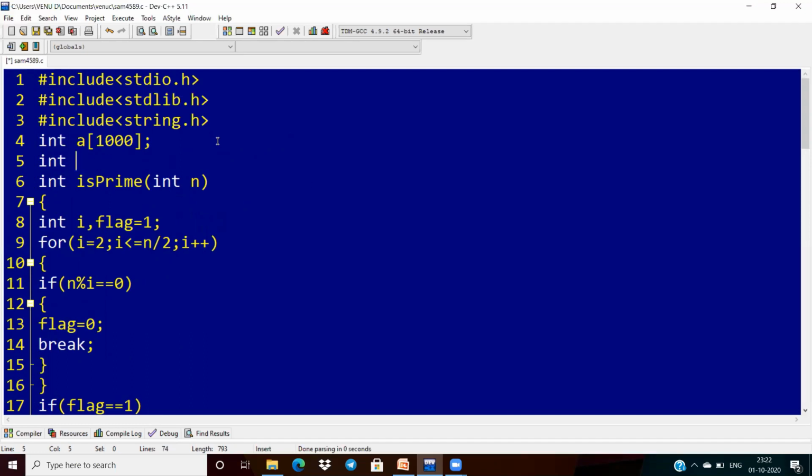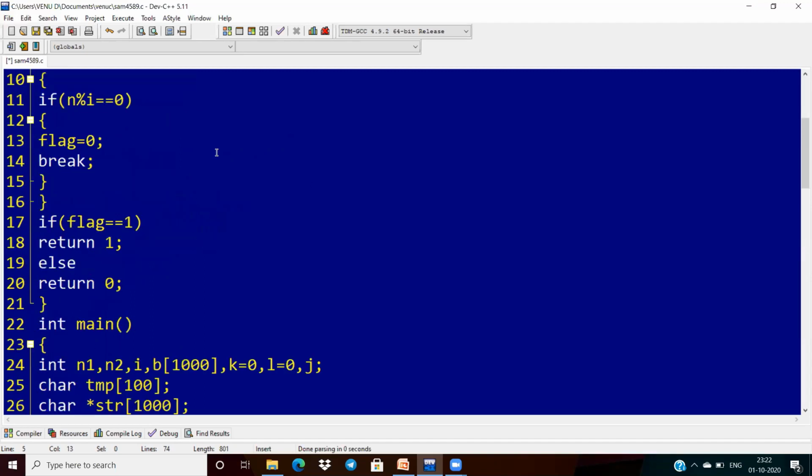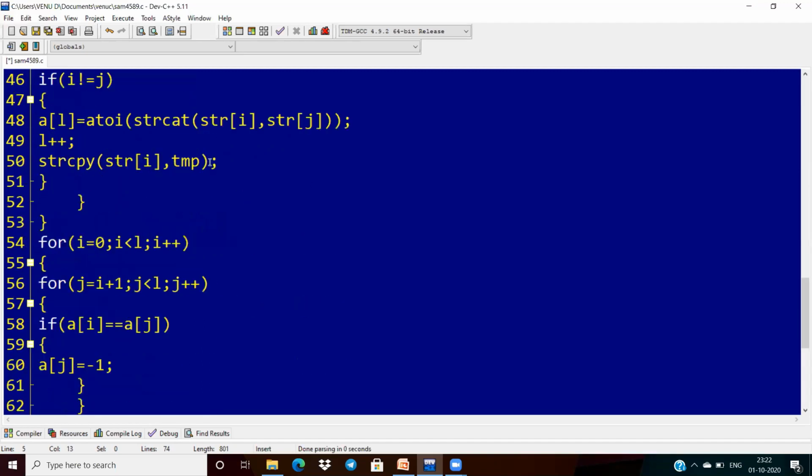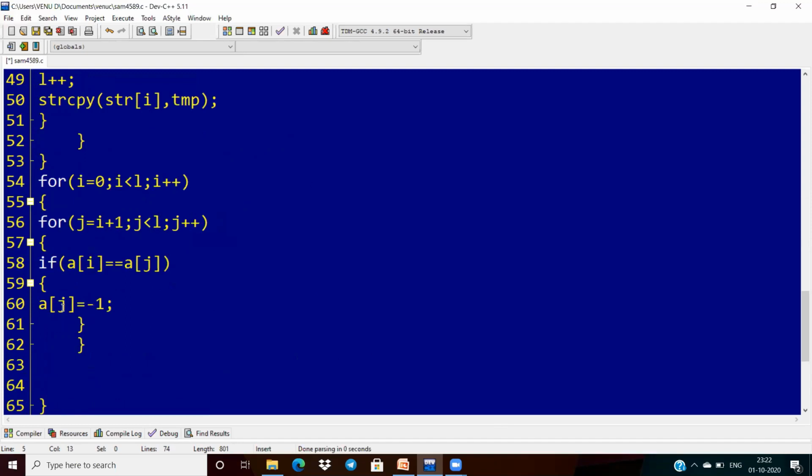Like I'm taking d, and those values are some 1000. Okay, so what I'm doing here, I want to compare here. I want to remove the duplicates. After removing the duplicates, I have to store all the elements into my new array called d. So that is why, anyway, here I am removing all the duplicates with this mechanism.